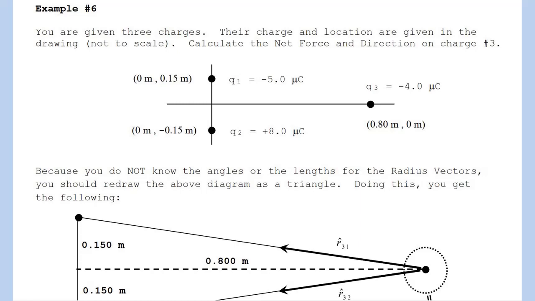In this diagram, which is not drawn to scale, you have 3 charges. Note, for each charge, its charge and location are given. The minute you see microcoulombs, you are to rewrite micro as 10 to the negative 6 power. All locations must be in meters. Now, I am not going to go into detail on how to solve this problem,